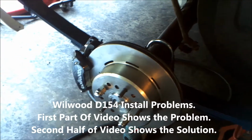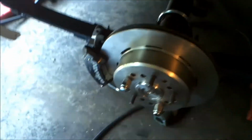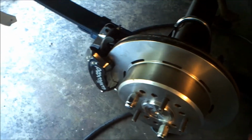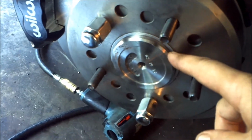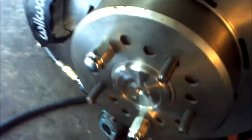Here's a quick recording to show you that the rear brake caliper and mounting bracket will not allow the caliper to mount over the rotor. The register ring is installed correctly. The rotor is secured in place with a couple of bolts,